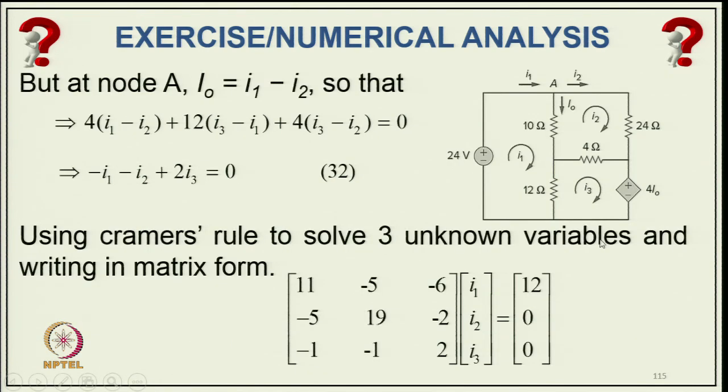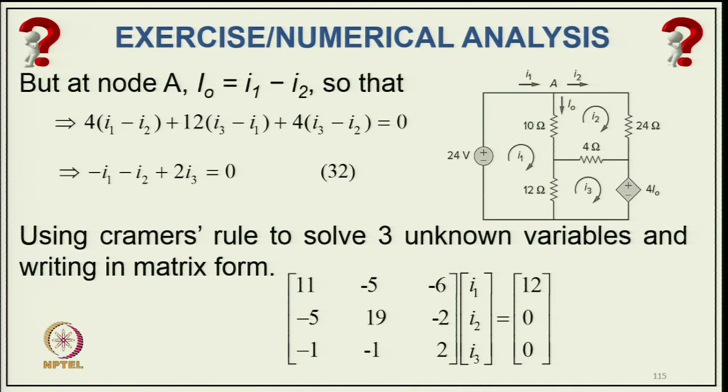But at node 1 you can find out that I 0 equal to I 1 minus I 2, I 1 is entering and I 2, I 0 leaving. So, you can keep the value in terms of that. So, that comes like 4 (I 1 minus I 2) plus 12 I 3 minus I 1 plus 4 (I 2 minus I 3), that gives you the relation I 1 minus I 2 plus I 3 equal to 0. Now, using Cramer's rule for 3 unknown variables I 1, I 2, I 3,